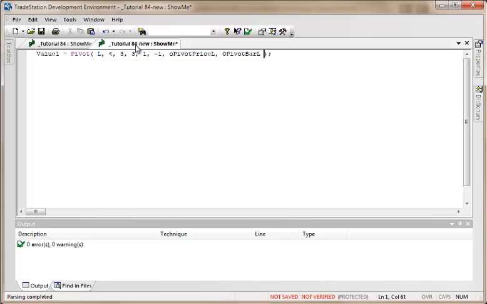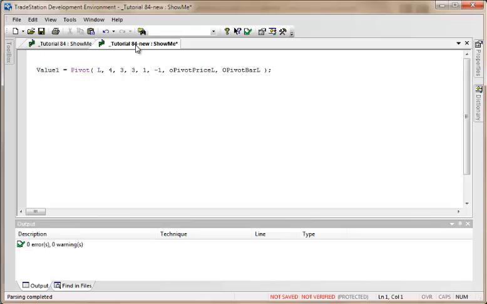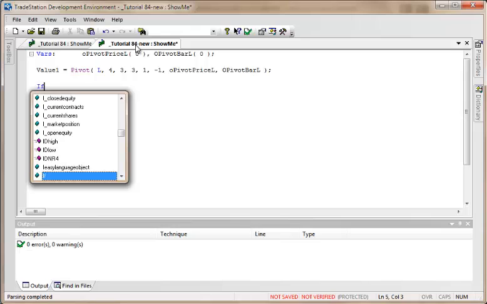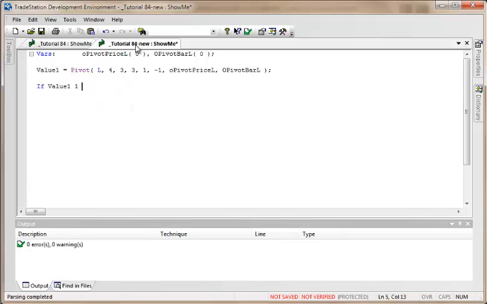Okay, now because we're using some variables, we need to declare those variables. So I'm going to do that just above here. And I'm going to give them initial values of 0. Okay, so we're now looking for a low pivot, and we know we've got a low pivot if this function returns 1. So we can say if value 1 equals 1,